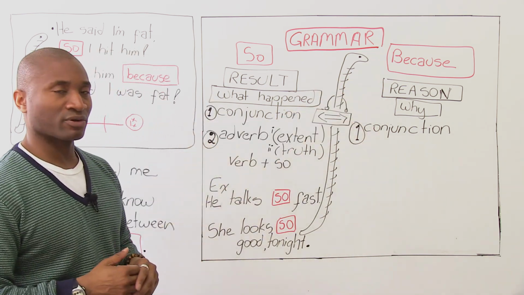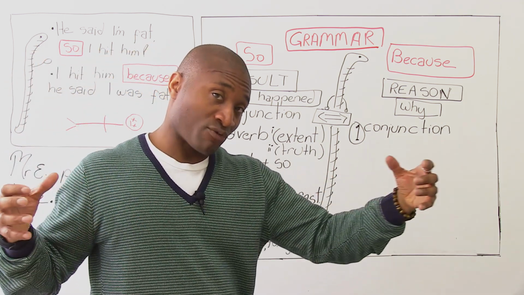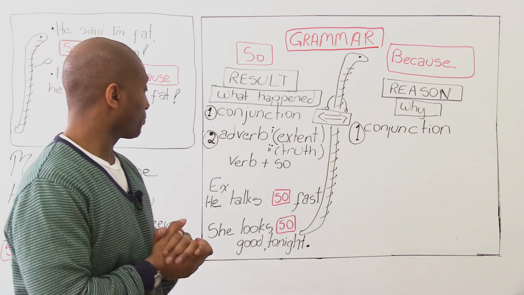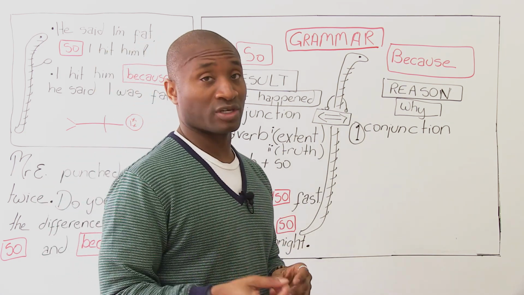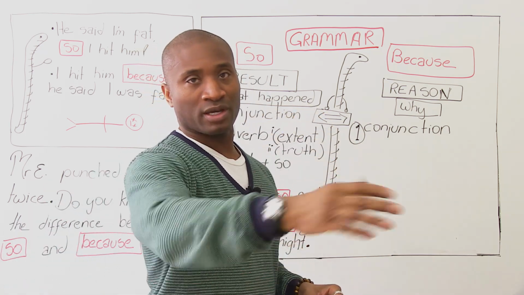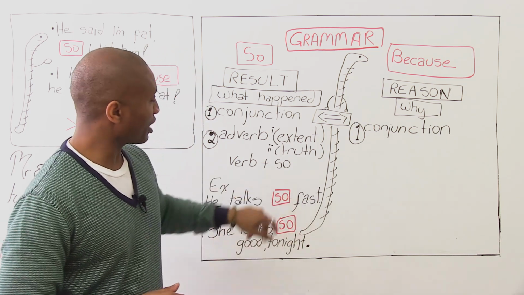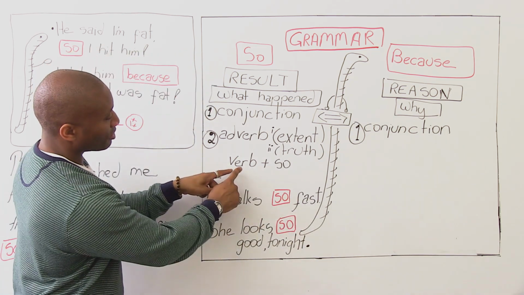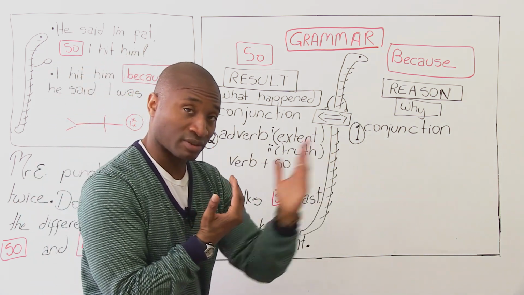So is also an adverb. We use it to show the extent or the range, how far it is. I'll give you an example. You know me. James talks very fast. You can also say, James talks so fast, half the time I can't understand him. And you'll go, why? He goes, yeah, he talks so fast, and it tells me the range. And what we have here is verb plus so. And that's how we show the adverb, how it works together, okay?